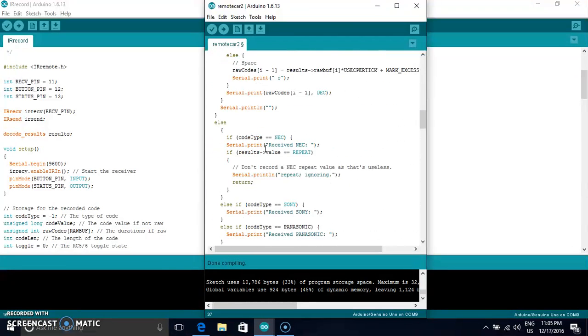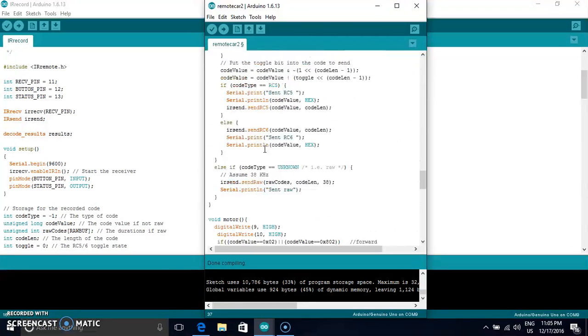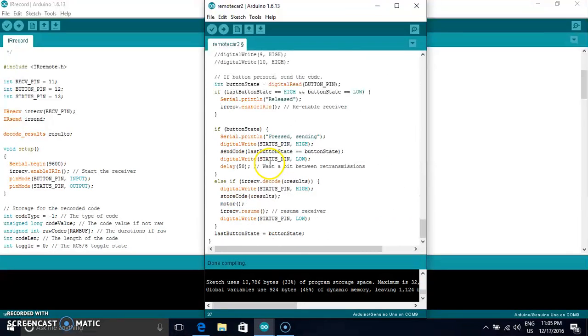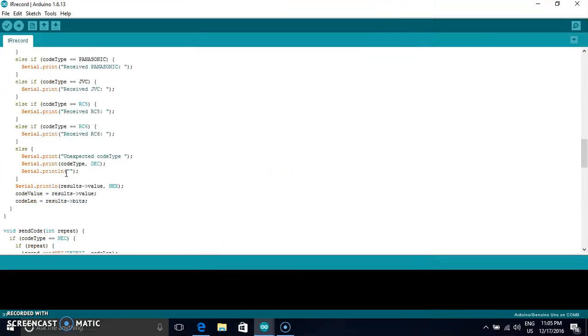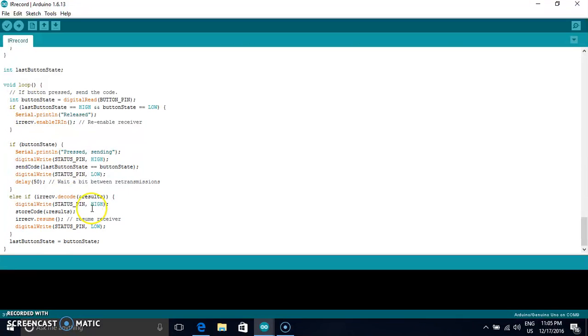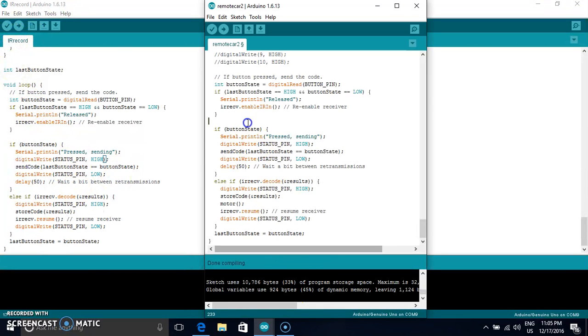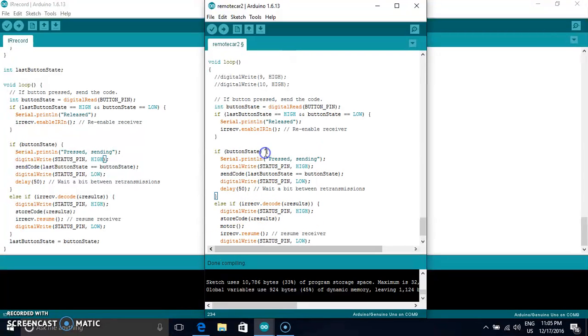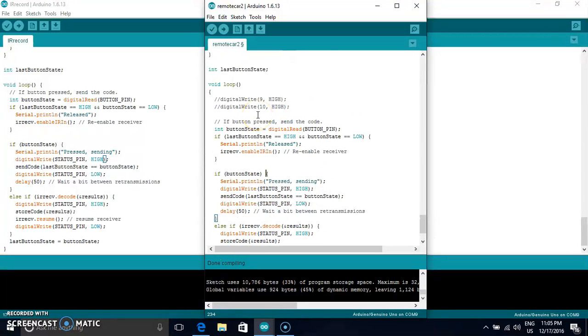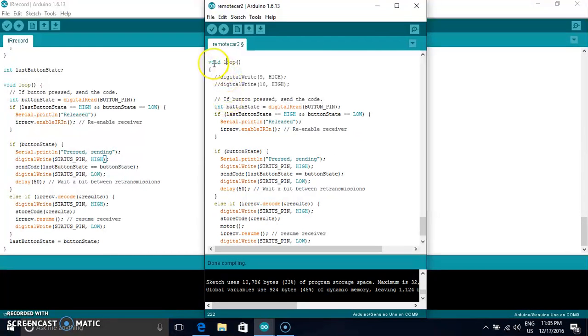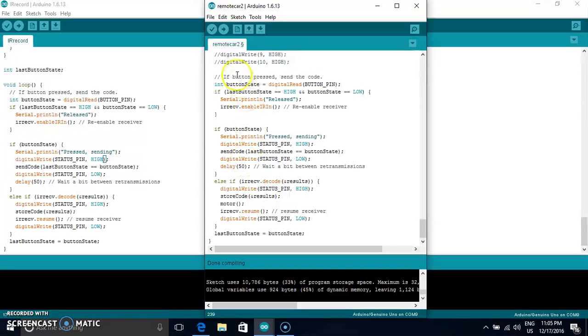Then go to the loop function. In the loop function you can also see this is the loop function in IR record, and this is the loop function in remote car 2. This is the loop function. Fine. So in this function